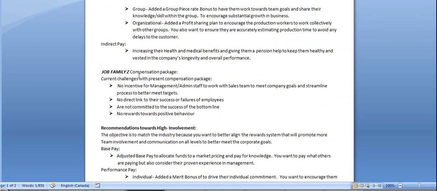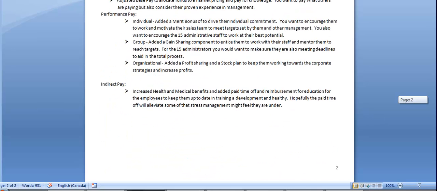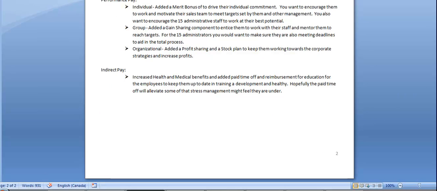And again, she did that for the third job family. So that was her basically 2 pages. She did it in 2 pages. And then she